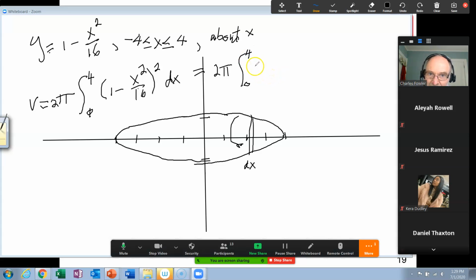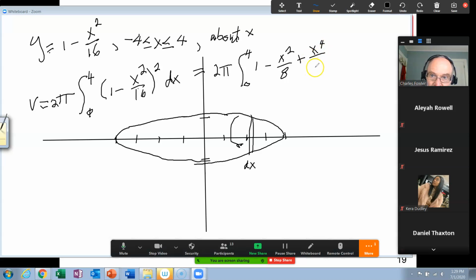Now we've got to square that binomial. 1 minus 2 times x squared over 16 would be x squared over 8. Yuck, it did it again. And again. X squared over 8, okay, plus x to the 4th